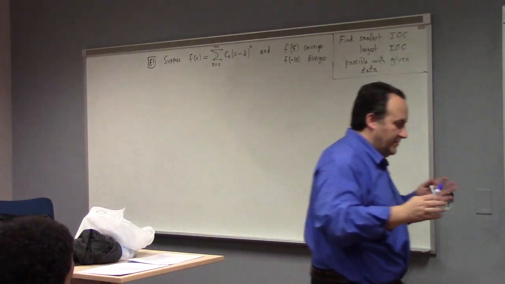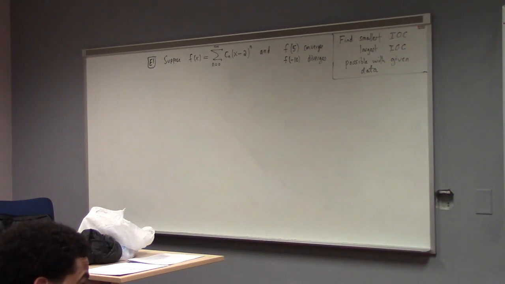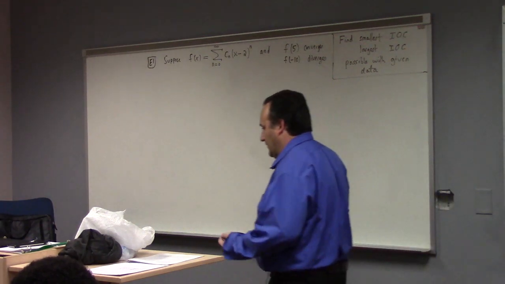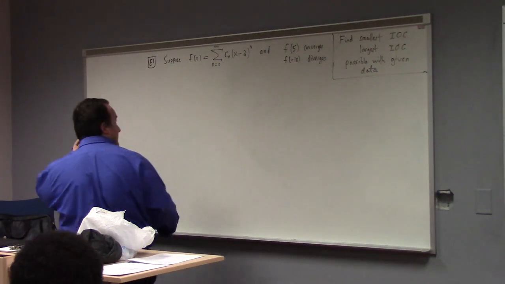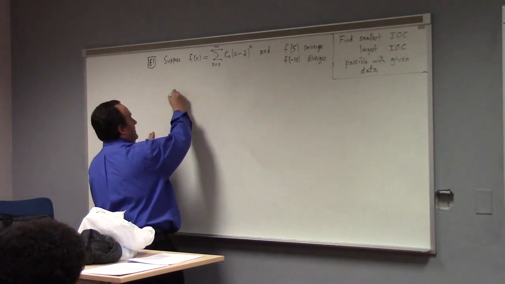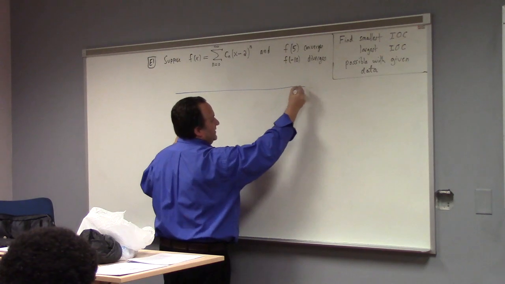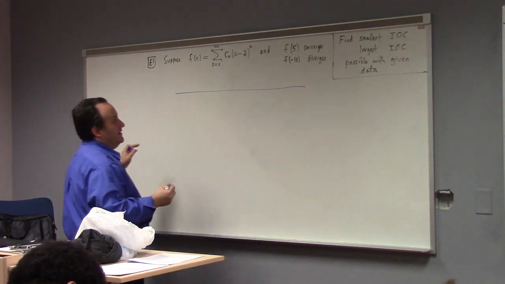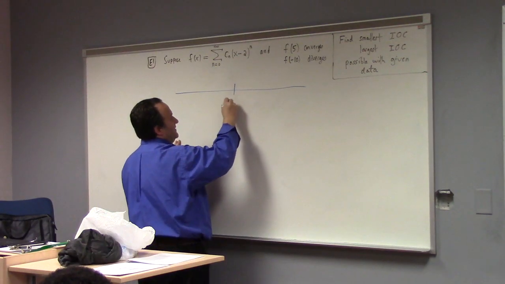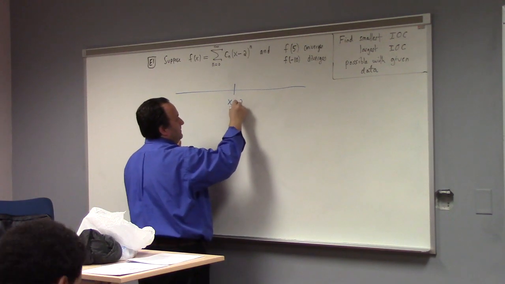So this problem, you have a homework problem like this, right? So let's talk about how to solve it. It's actually not hard. You have to have the right ideas, though. And it's really just a straightforward consequence of the theorem that we had about the domain of a power series, right? So the way I solve this problem is I make a picture, all right? And this picture is the number line, right? And on that number line, I first of all put the center, which is x naught equals 2, right?